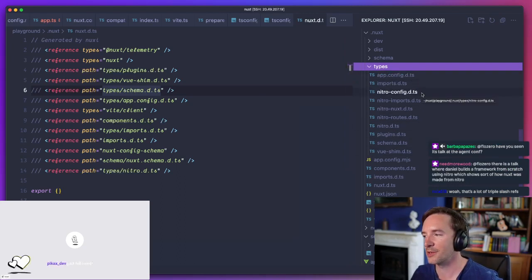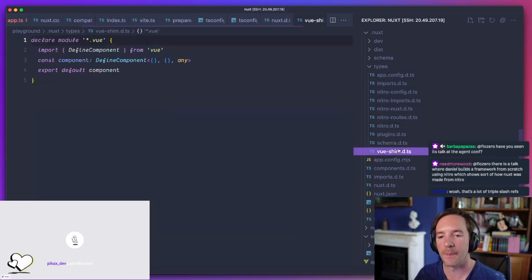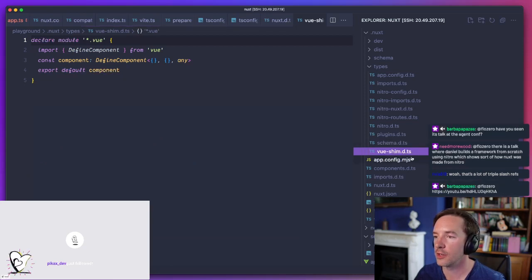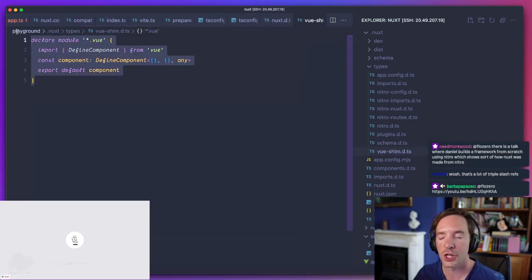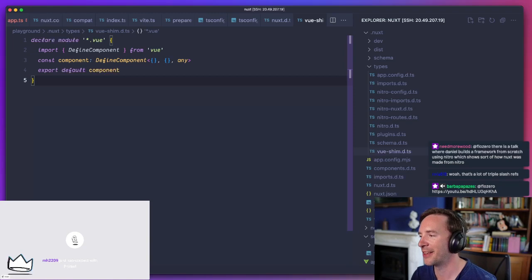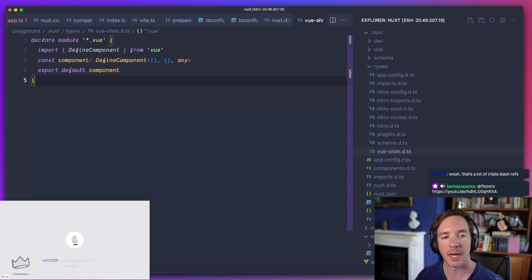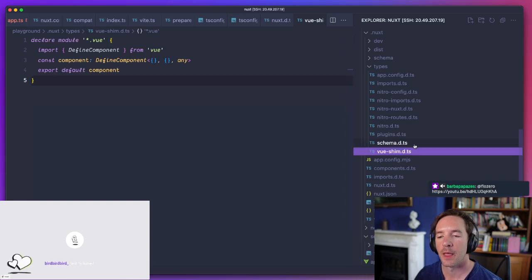It's a lot of /refs. You're right. So this is a default Vue shim, which again we should probably consider disabling by default now that Volar has the capacity to do a lot more. But anyway, that exists.